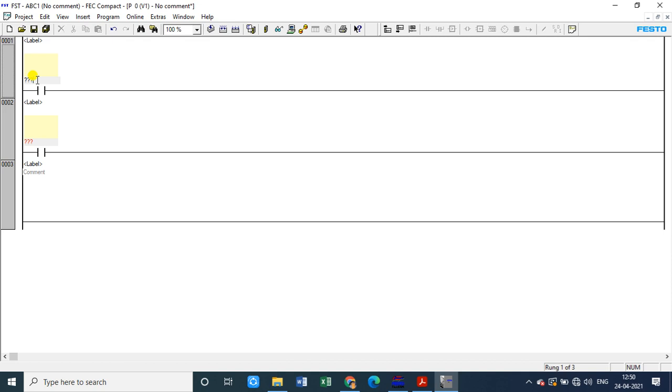Suppose a fan is connected to a port, let's say port number 7, and if we want to give supply to the fan, then in the program we have to call port number 7. Calling means that it will be a coil. That output port will be in terms of coil, and we have to mention that coil as port number 7, output port number 7,